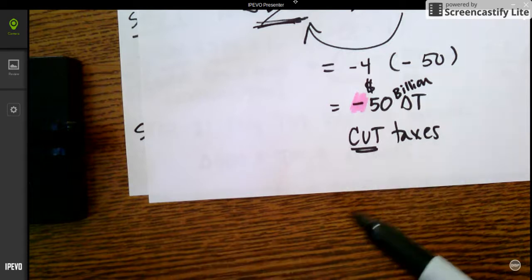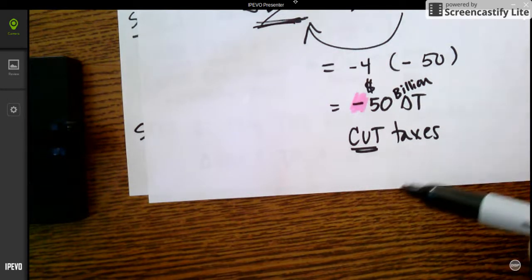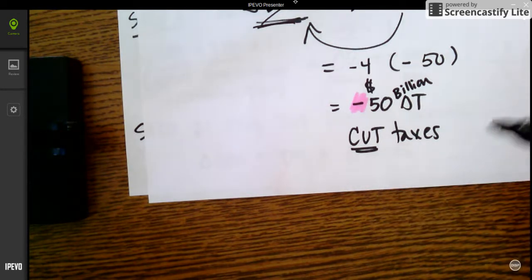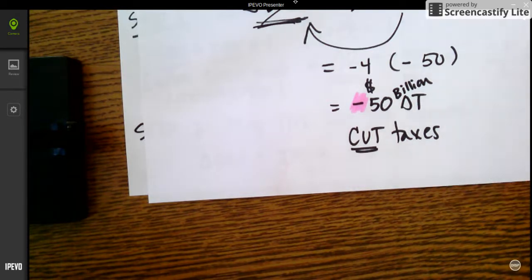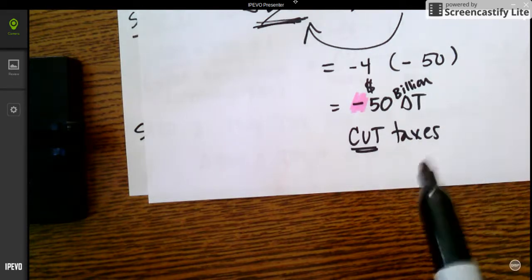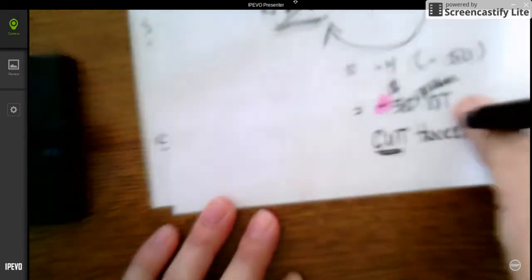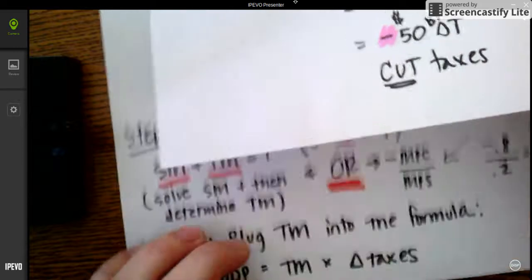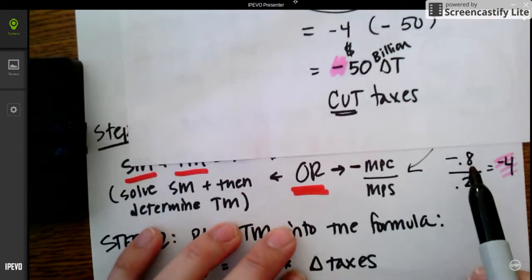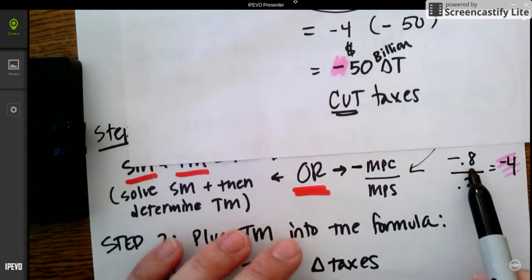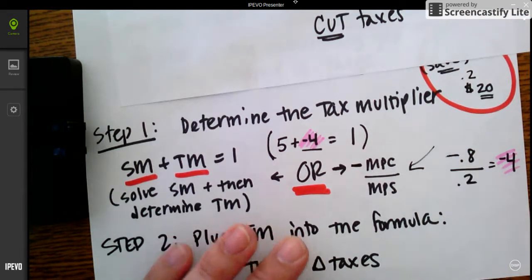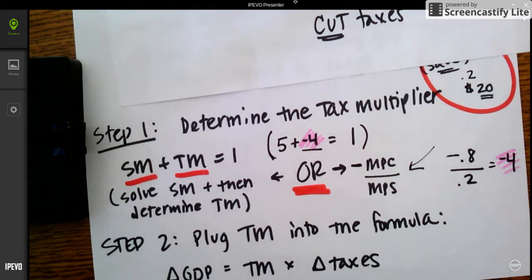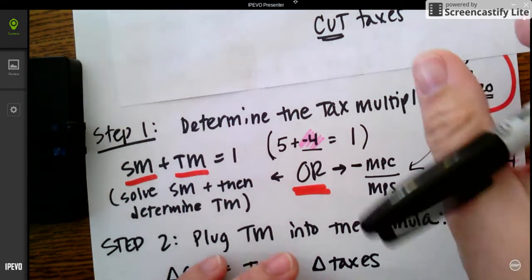So if you think about it, if we cut taxes, that's going to give people more disposable income. They will then be able to spend that income. So that makes sense that that would grow the economy. But remember, they're only going to spend in this economy that we've set ourselves up with, they're only going to spend 80% of what they've been given in their tax cut, because the marginal propensity to consume in this country is 0.8. So if you wanted to grow the economy,